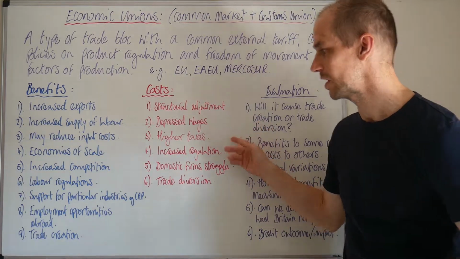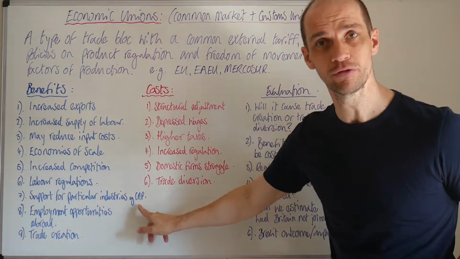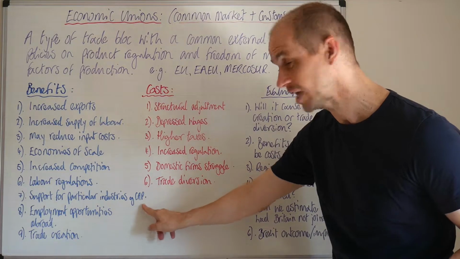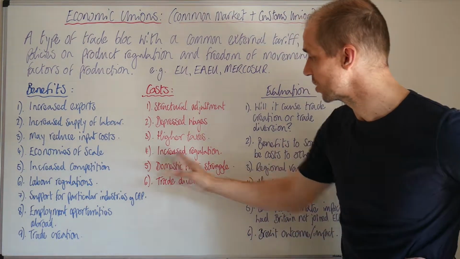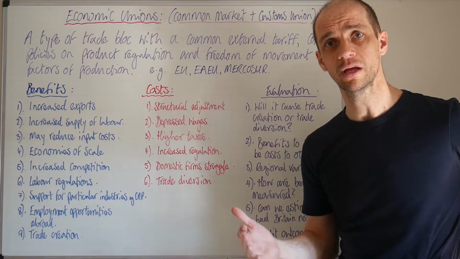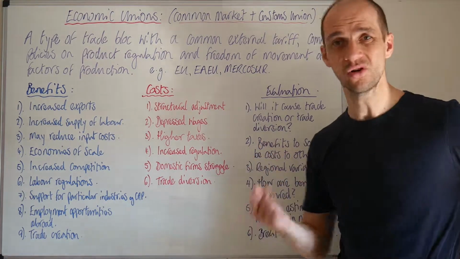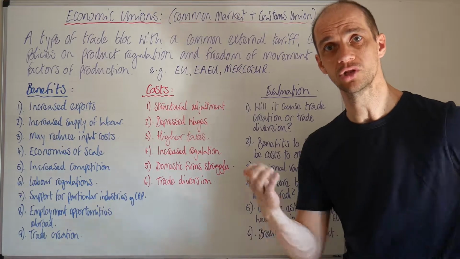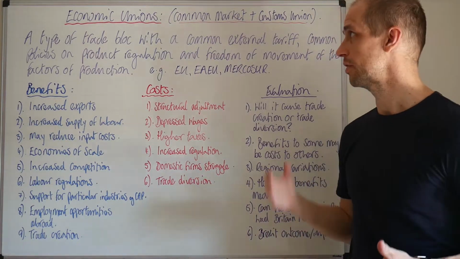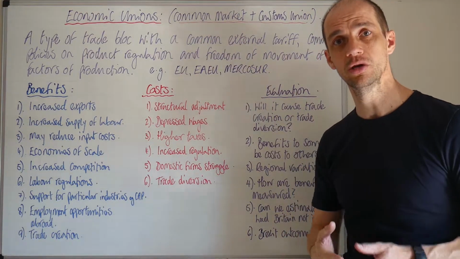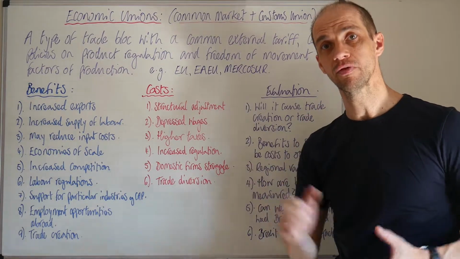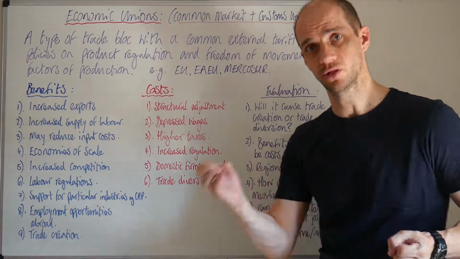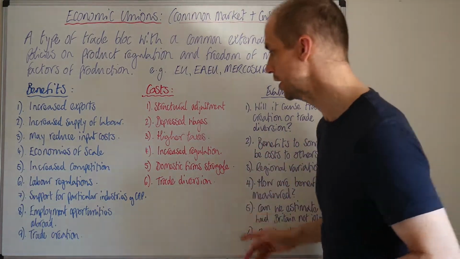So it could mean that there's higher taxes. In addition to that, if you're providing support through subsidies here, then, well, that's got to be paid for somewhere. So we can also see that there might be increased regulation. It's also argued that multinational corporations can lobby the powers that be within the economic union to deliberately put policies in favour of them and against smaller firms and against foreign competitors.